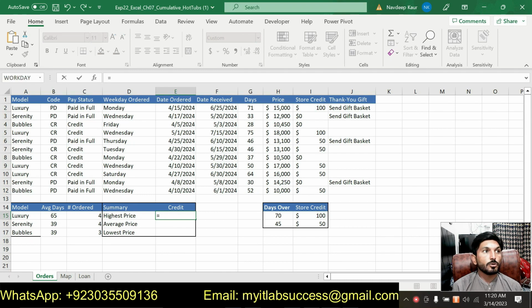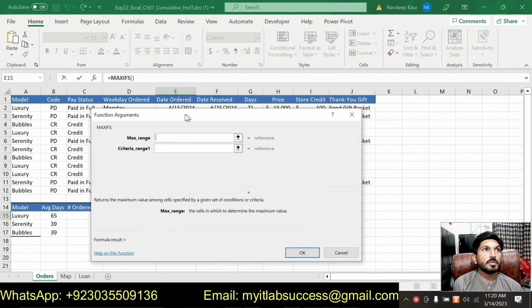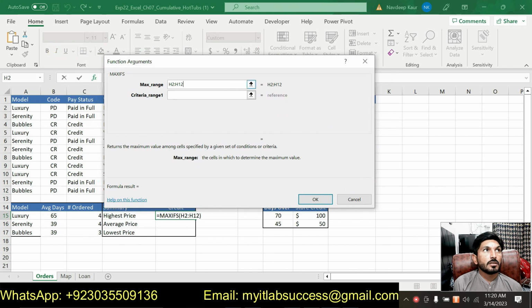So now we are supposed to use the MAXIFS function, type max. So this is the MAXIFS function, this one. Click on the insert function symbol. So the max range will now be the price column. So that is the H column, this one. We will select this one and we will type the dollar sign, or we can press F4 as well. So our criteria range will be